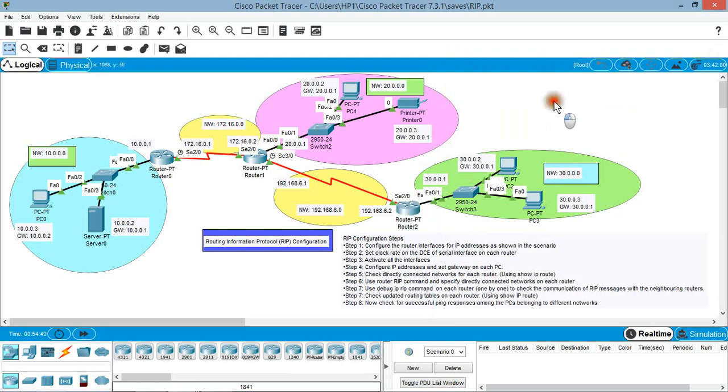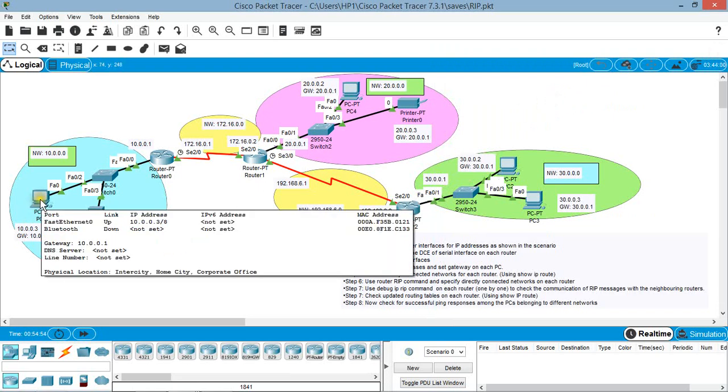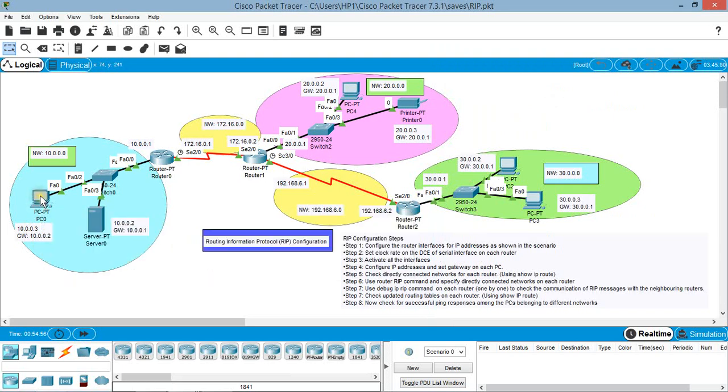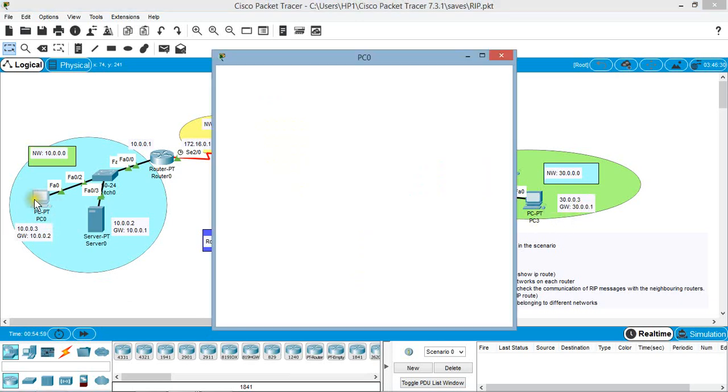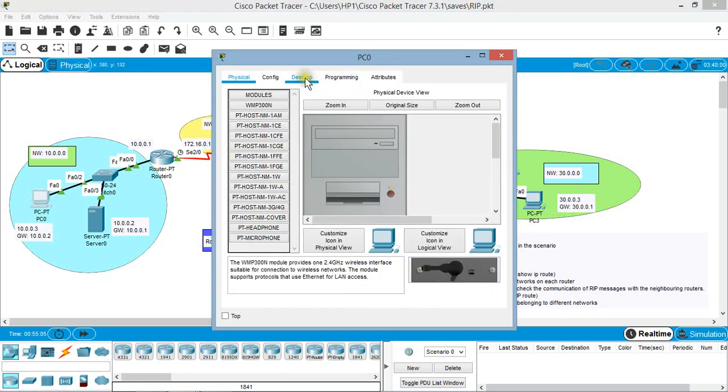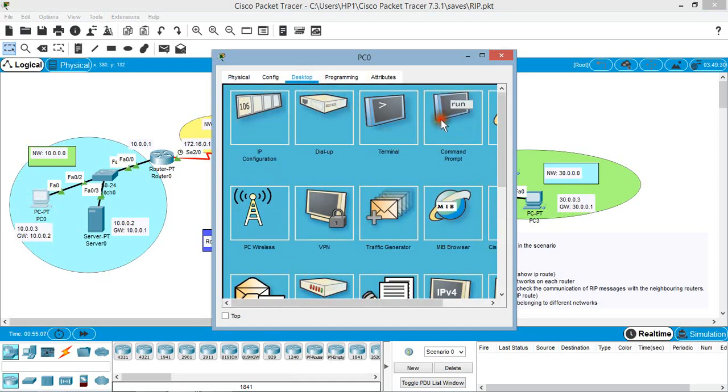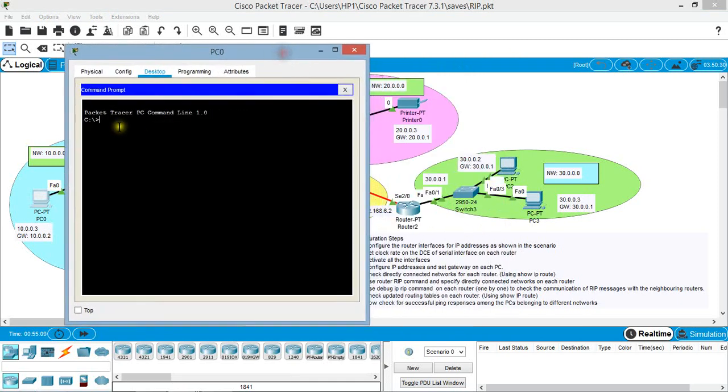Now let us check for the successful ping response from any of the end device to any of the end device belonging to any other network. So let us now ping the IP address for say PC3 from PC0. So I'll use PC0, the desktop option, and I'll use the command prompt, and I'll use the tool which tests the connectivity, which is the ping tool. Ping requires the IP address. Now we are going to check the connectivity for PC3 from PC0.